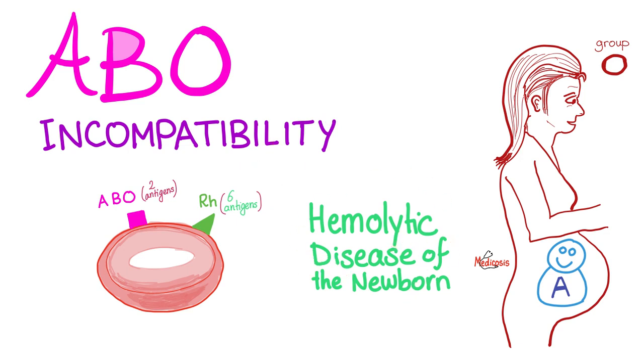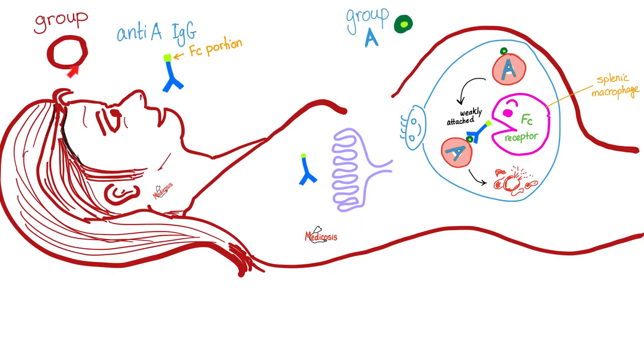Just remember, it causes hemolysis in the baby. It usually happens when the mother is blood group O. Mother does not have antigens, but mother has antibodies. She has anti-A and anti-B. What if the baby is A? Oops, these antibodies can cross the placenta and go destroy the baby's blood. Hemolysis. Mommy is blood group O. Mommy is sending her anti-A antibodies across the placenta to destroy the red blood cells of the baby because they have antigen A.